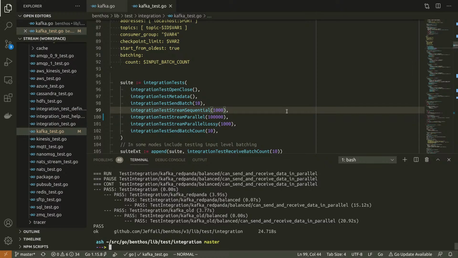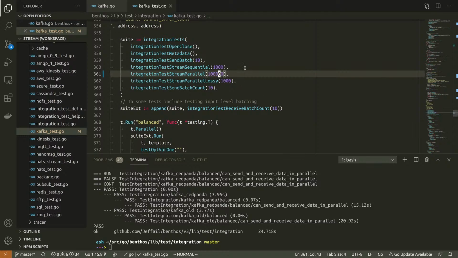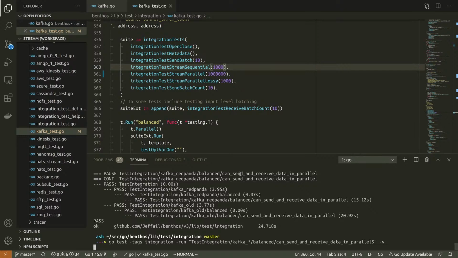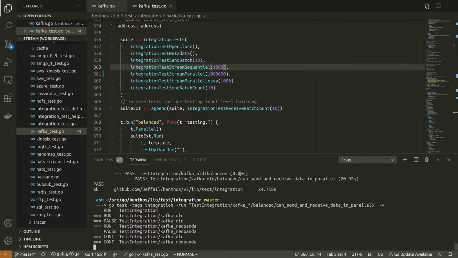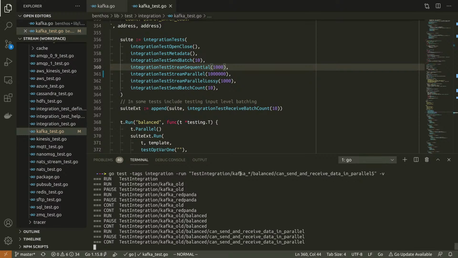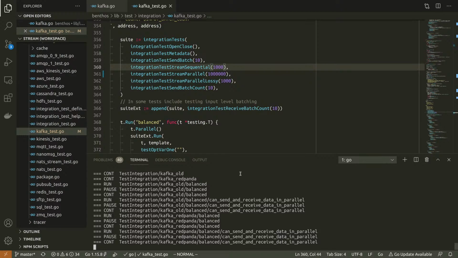Okay, so we're running about 20 seconds now. If I increase this by another order of magnitude, then this is going to run for a bit. I'm going to run them side by side on the same machine first, and then I'll run them individually as well. Let's see what numbers we get.